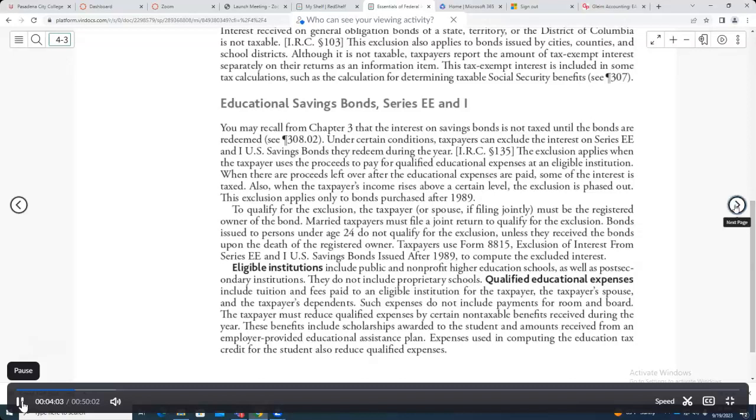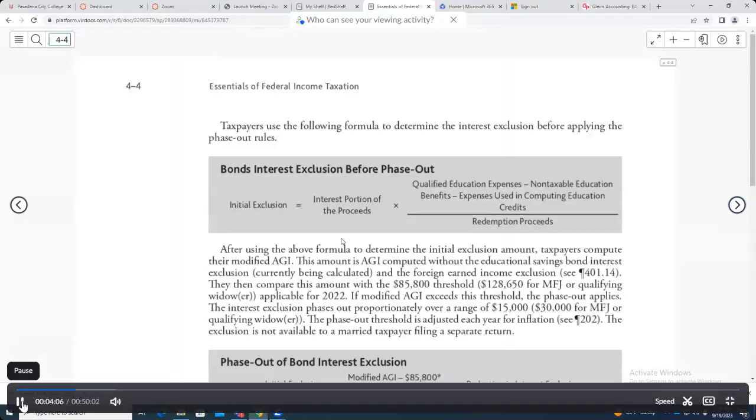Okay, so let's see, keep going. Taxpayers use the following formula to determine the interest exclusion before applying the phase-out rule. So initial exclusion equals the interest portion of the proceeds that you receive from these bonds, multiplied by the ratio. The ratio is the qualifying education expense out of the redemption proceeds, but for the qualifying education expense, you have to deduct